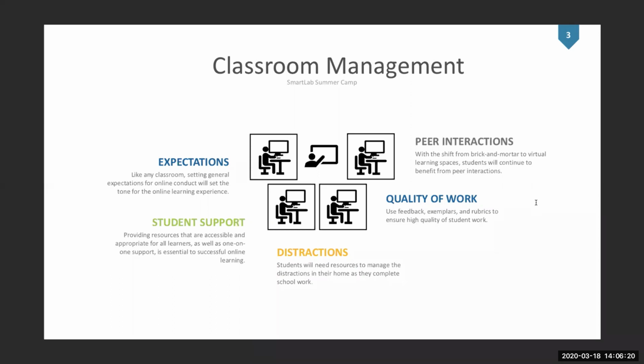Quality of work is something that you're going to have to continue to monitor and support kids with. And then peer interactions, which they're at home. Some of them may be stuck in their house with either no siblings or no ability to go outside. So they're going to be craving some peer interaction. Kids will eventually figure out how to comment on their assignments and talk to each other. But if you set up some spaces for them to interact with each other in a social capacity, and you can participate in that as well, it gives them that outlet and the interaction that they're craving.